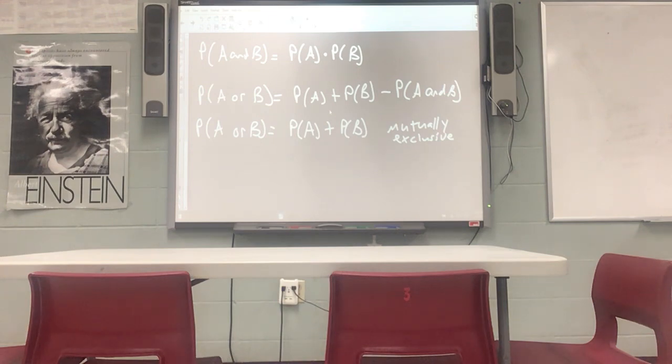Today's Thursday, so Tuesday when we did probability, it was just the probability of one event. So you just had probability of A or whatever it was. Now we're going to work through an example or two of each of those different types. The first one says and, so that means they both have to happen. So we need to remember to find the individual probabilities and multiply. The other two have or, which is addition, but we have to learn what mutually exclusive means when we get to that. Okay, so let's get a new page here.